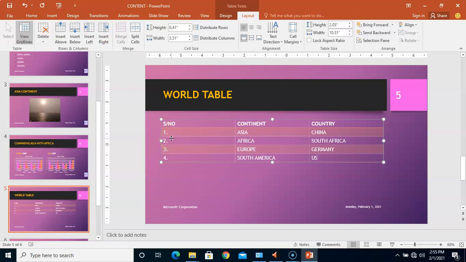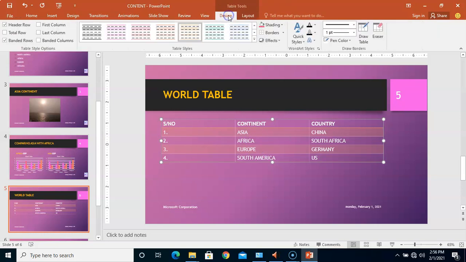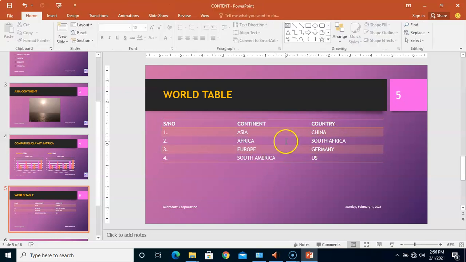If you want to add more rows, you can do that. Do you understand what I'm saying now? So that's that about that. So we're going to move on. You now know how to insert a table. So I'm going to move on to create another